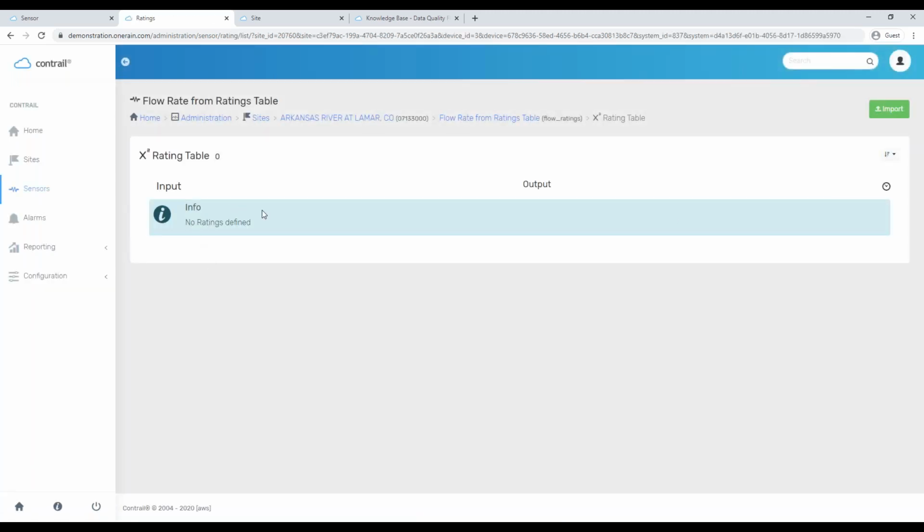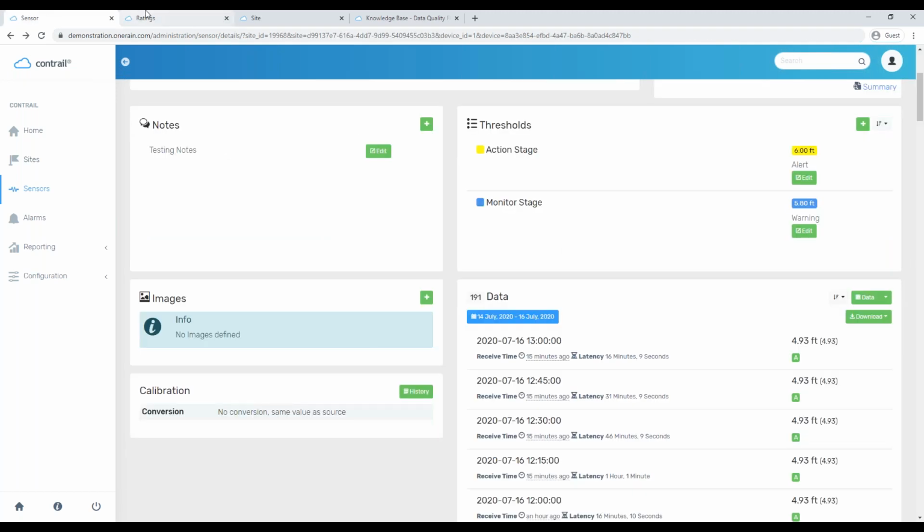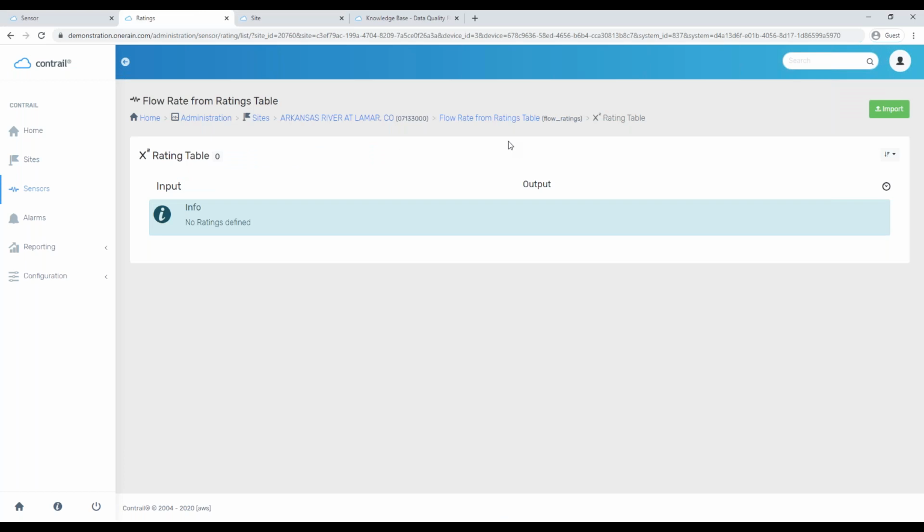And yep, as the warning message gave us, there are no ratings defined, so it doesn't know how to calculate the data. If we were to get data for this sensor, it would be all marked as invalid with an IC for invalid conversion. And that's because we don't have this completely configured correctly. So it doesn't really know what we're supposed to do. Once we get a ratings table in here, it will be able to do that conversion and hopefully prevent any errors. So our next step is going to be to go to the import button,